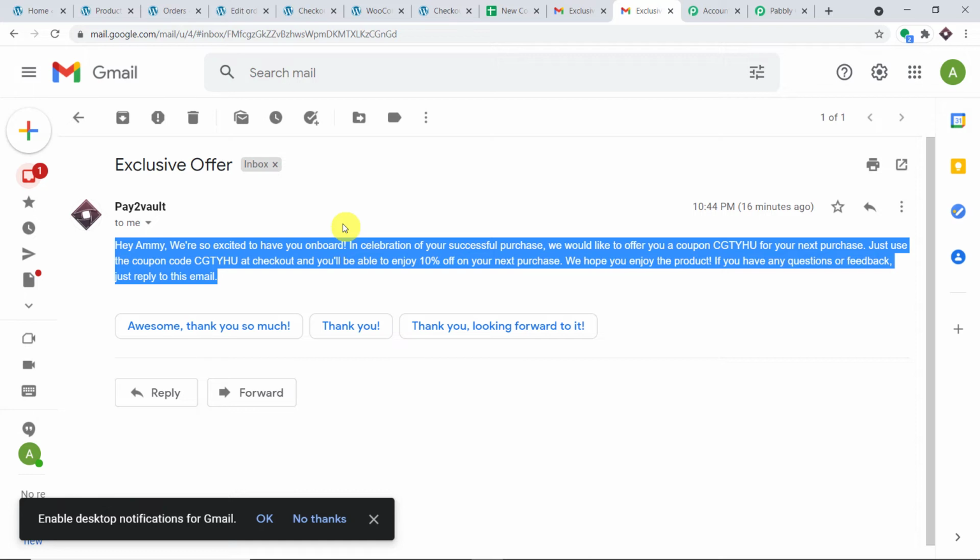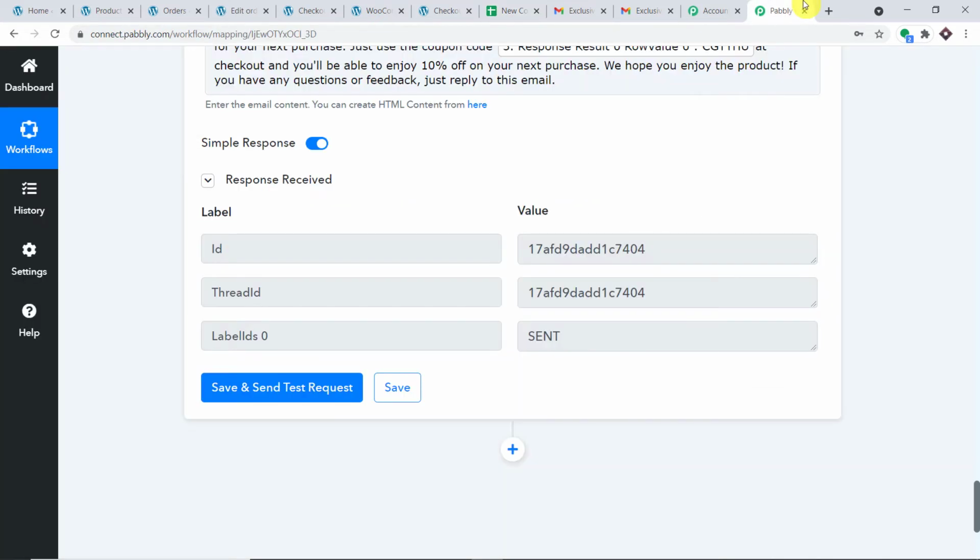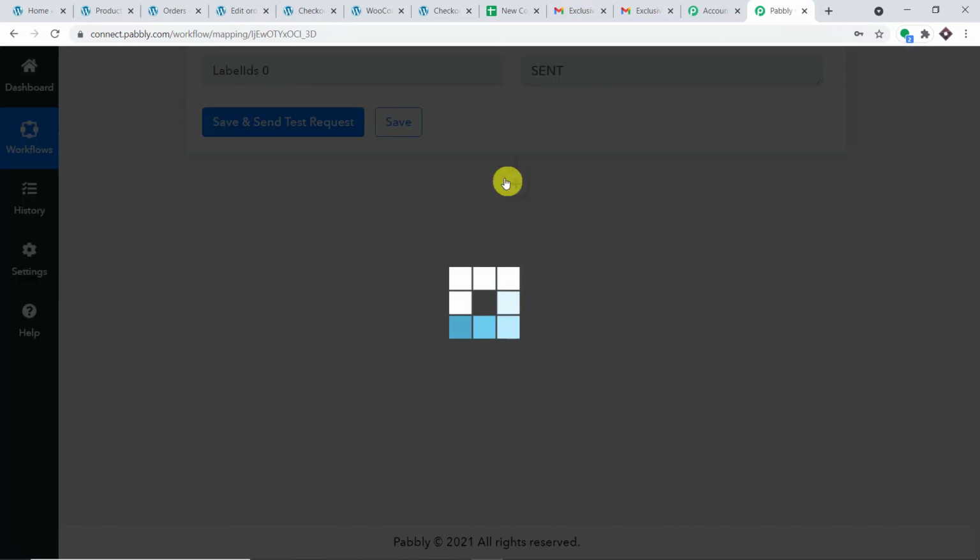Okay, so as you can see, at present, the status is still no. It has to be changed to yes. My point is if someone makes a purchase, the status should automatically change to yes, because this coupon code is now old. It is not fresh. It has been sent to a person. So the status should be changed to yes automatically. So what I'm going to do here is introduce one more action